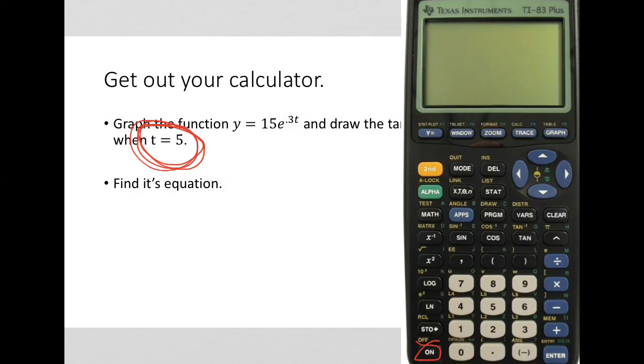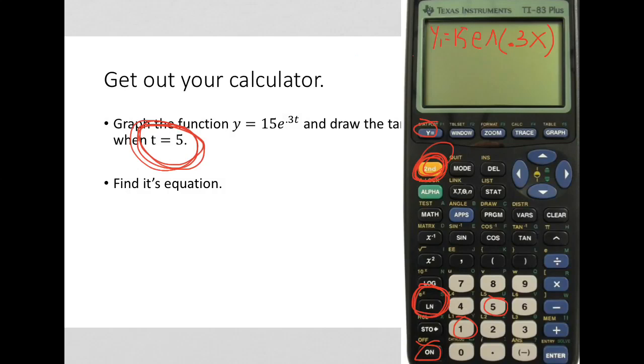So turn on your calculator, go to the y equals screen, and graph 15 e to the. Easiest way to get that is hit second and then the ln button over here, notice, gives you e to the power of x. So you'll get y1 equals 15. If you're on an old calculator, it will do e caret parenthesis, like that. And you can type 0.3x